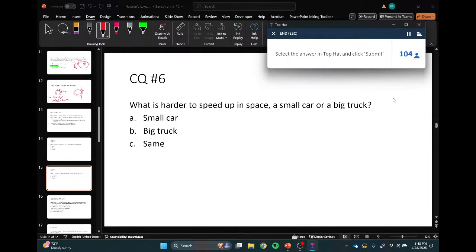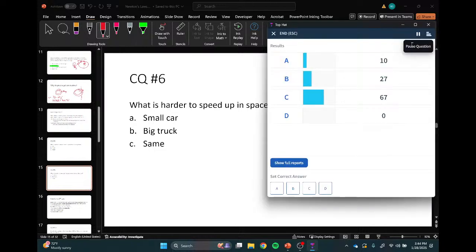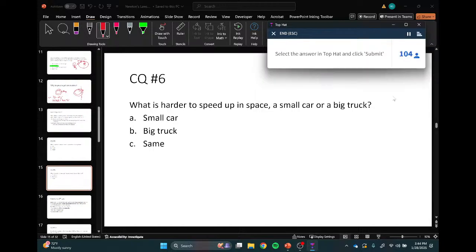Another way to think about that, think of the astronauts on the International Space Station. If they go outside the space station, it's not really easy for them just to push the space station, but they can throw a wrench or something like that. So this is one of those things where, funny enough, the answer is the exact same as the last one. And the thing that throws people off here is we're so used to gravity and weight and things like that.